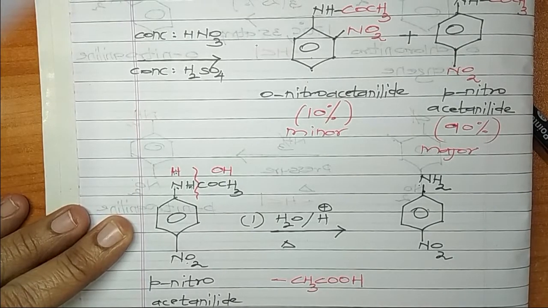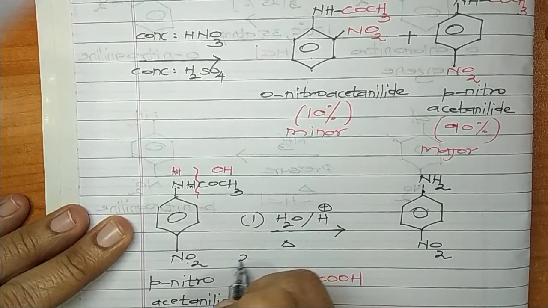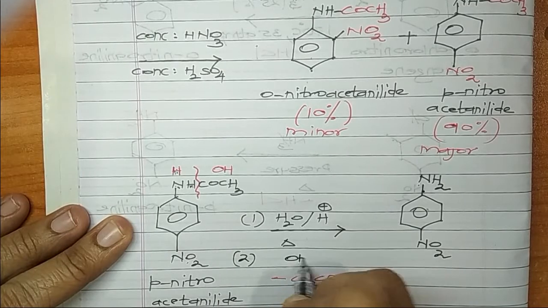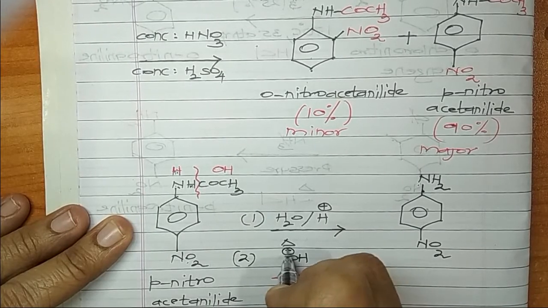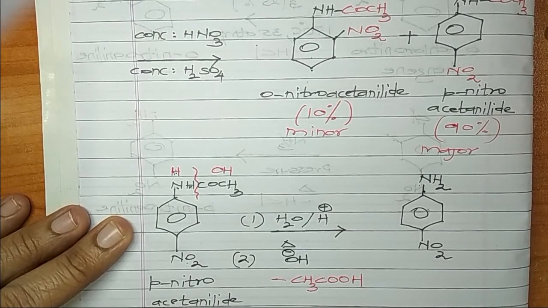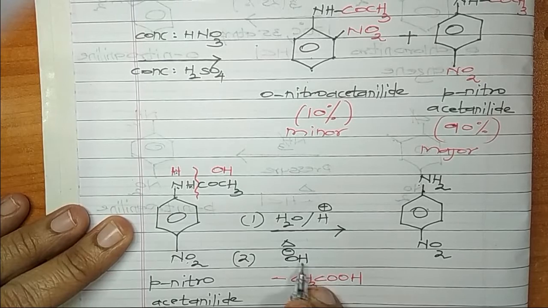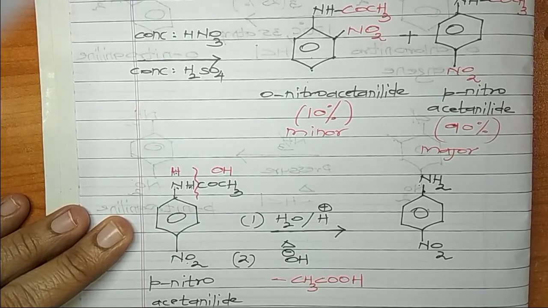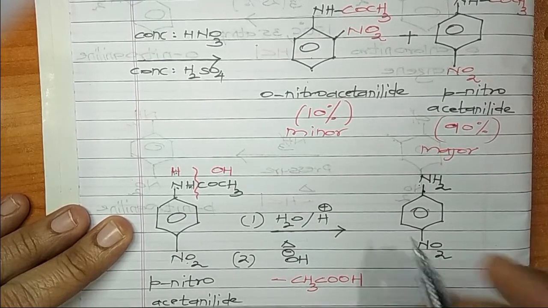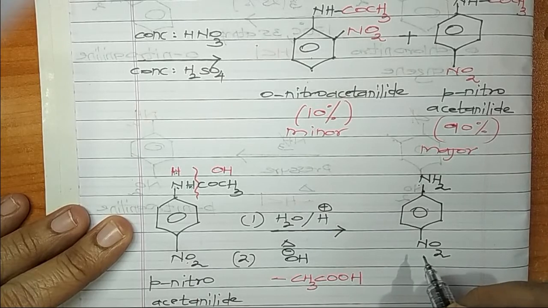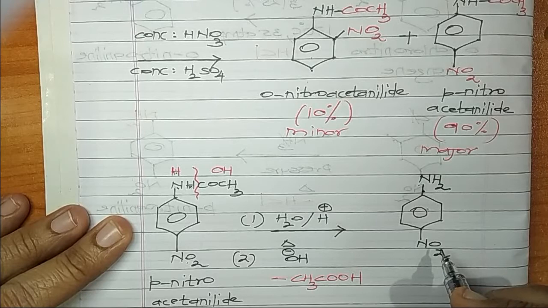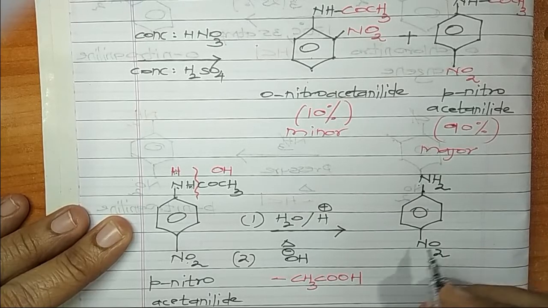Alright. Now, since an acid is removed in the reaction, the reaction has to be carried out in an alkaline medium also. Is it alright? So we use an alkali. This will help you to remove this acid fast. Now you have got your compound. What will be the name of this compound? It is para